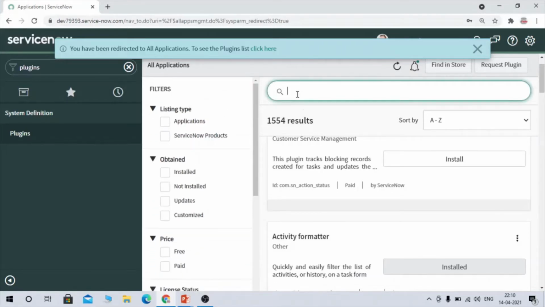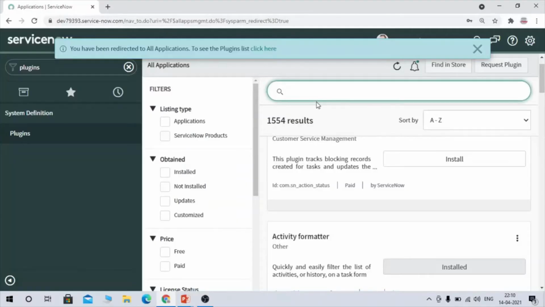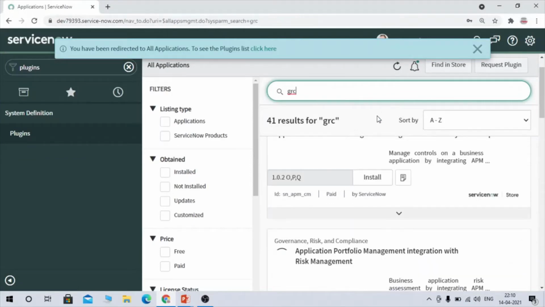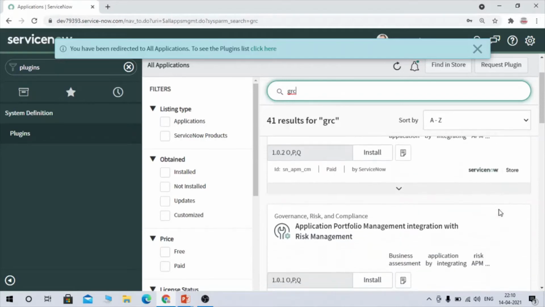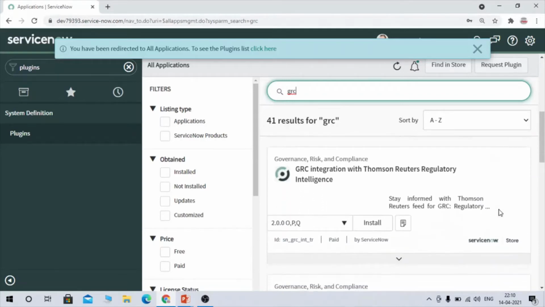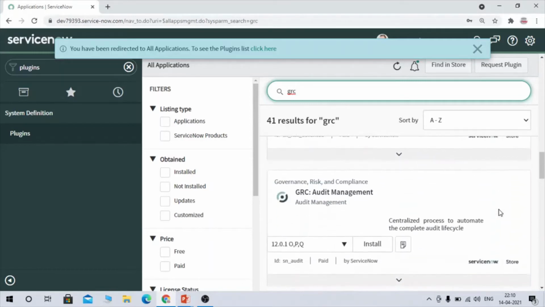Now we have to search for GRC, policy and compliance management. I'm going to type GRC here and see how many plugins come up. You can see a lot of plugins have come up. Let's search for GRC, policy and compliance management.